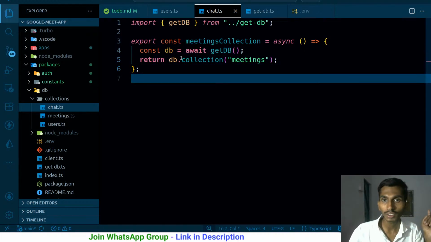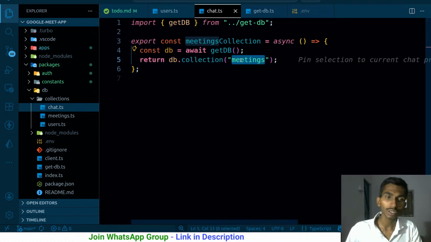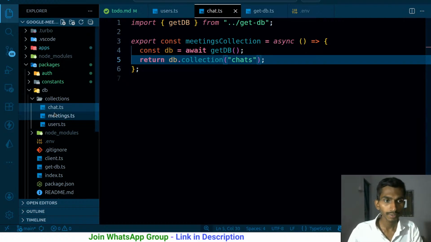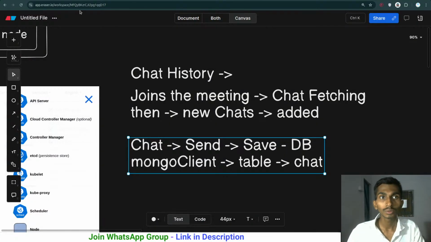Once I got the DB client, I'm gonna be creating the collection inside that. So this is how the collection is created. Right now the collection name needs to be chats. As simple as that. This one should be chats.ts. So the chats collection is going to be created. Great. And if I go to the MongoDB client right now,